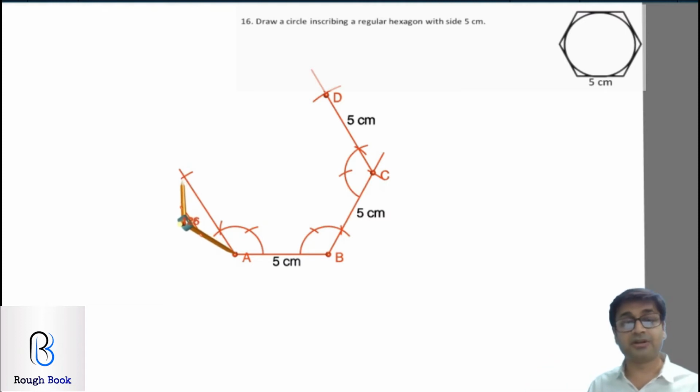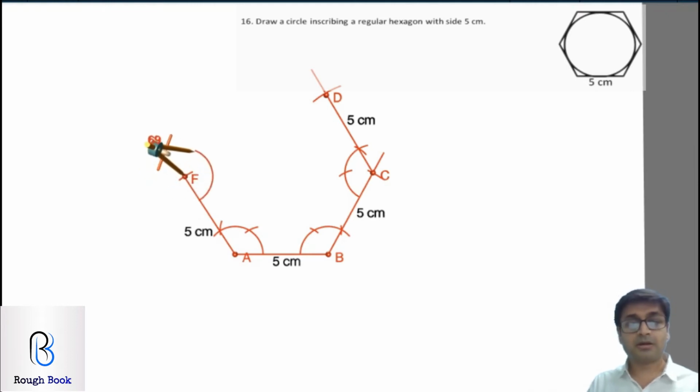So 5 centimeters and I get my last point, point F. Keeping the compass on point F, another 120 degrees is what we are going to attempt. So that's my point F. Keep your compass on F, cut 120. Come on, are you still with me on the video? Very bad, you should be able to go ahead. Then keep your compass here, first arc 60 and then the second arc 120. Join it and I get my fourth 120 degree.